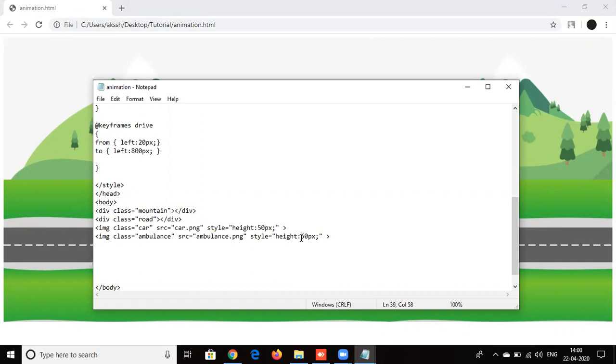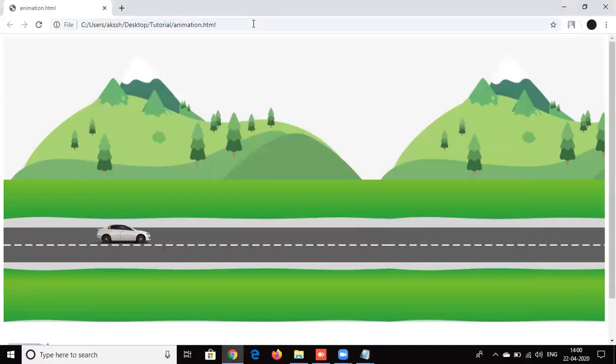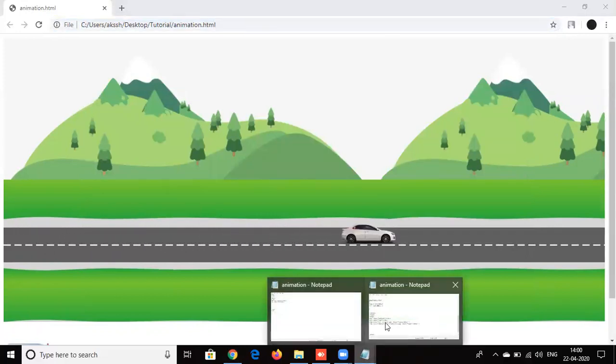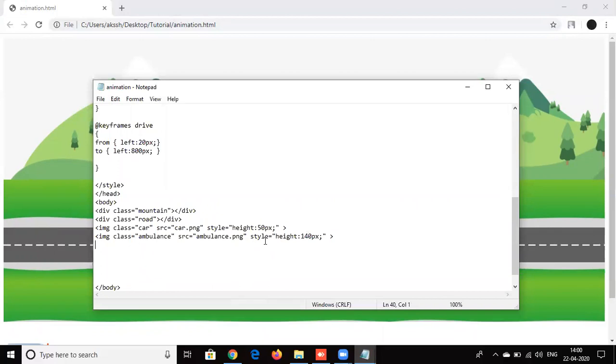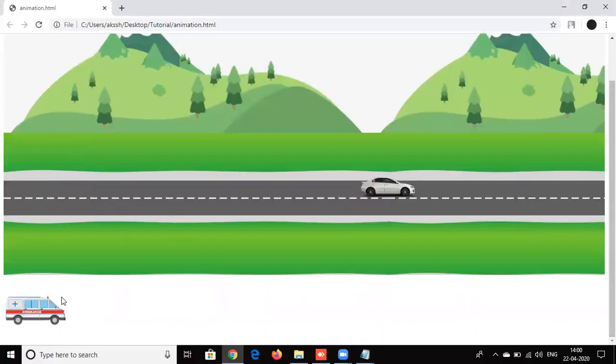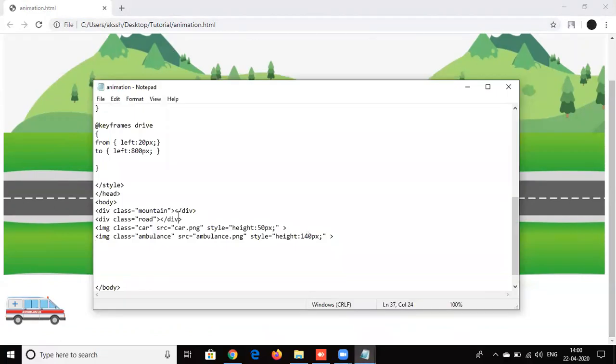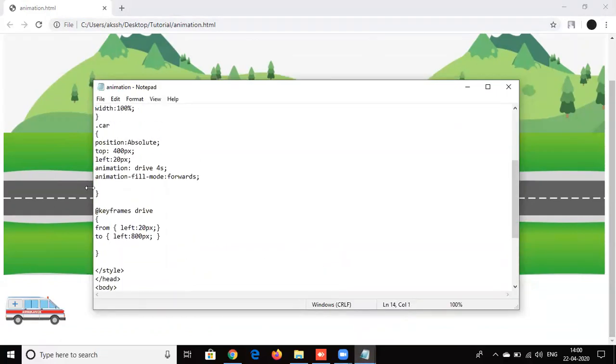I'll change the height to 150 or 140, and I press enter. Right now the ambulance has not come, because it must have come over here below, because I have not given the position of it like in the car.